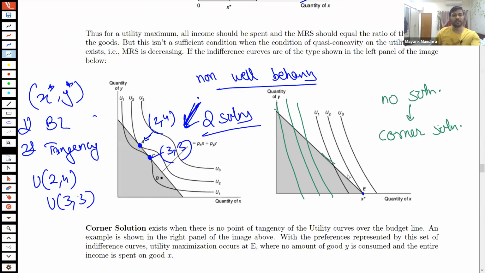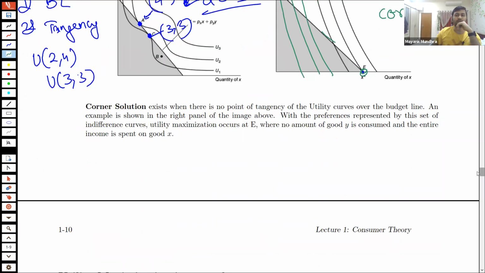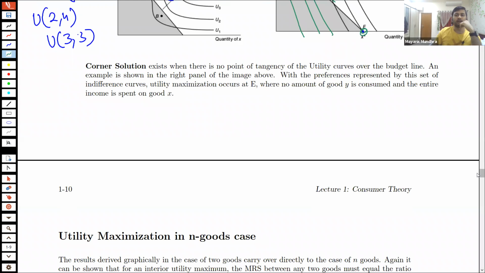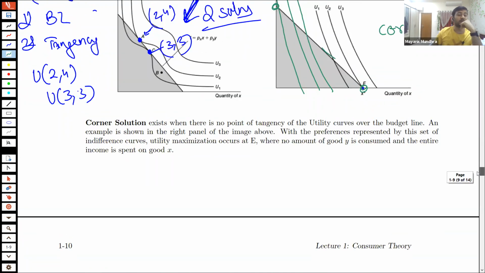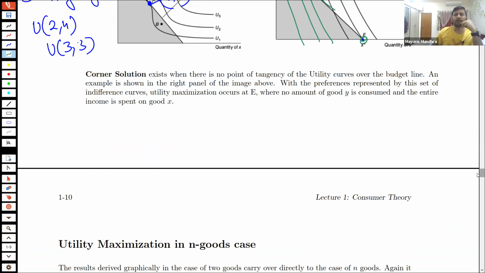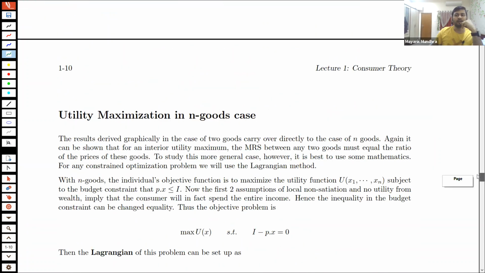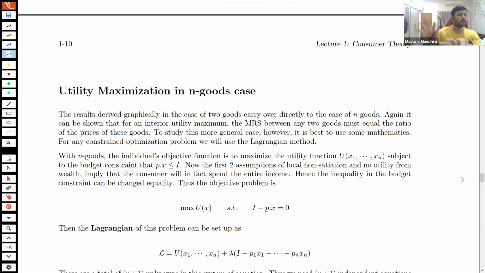What I mean by checking the corners is that there are 2 corners. These are the corner points, so you can check these corners. These sorts of cases will come on a case-to-case basis, so we'll have to go through experience and find out what we're going to do in different cases. We'll look at a bunch of different situations and try to understand how to handle such non-well-behaving cases. But for now, let us assume that our preferences are well-behaving, and let us stretch the argument.